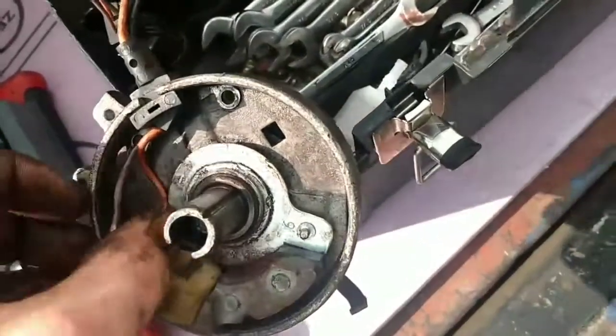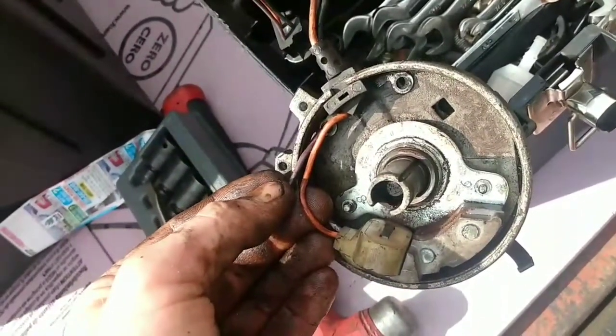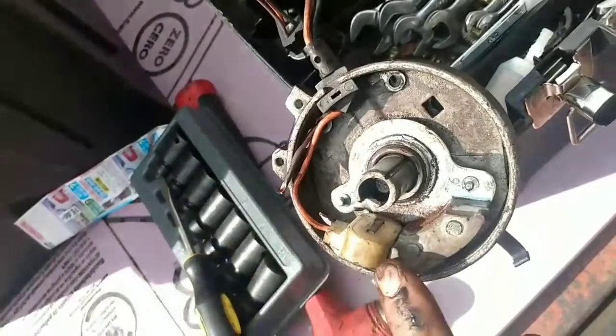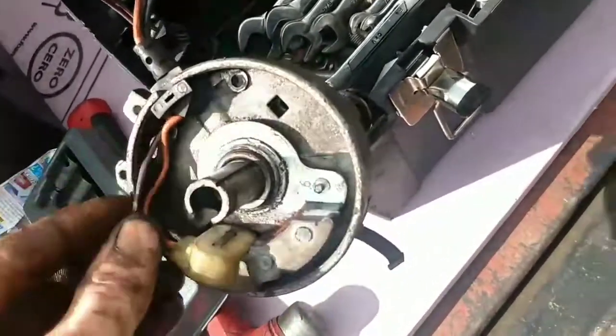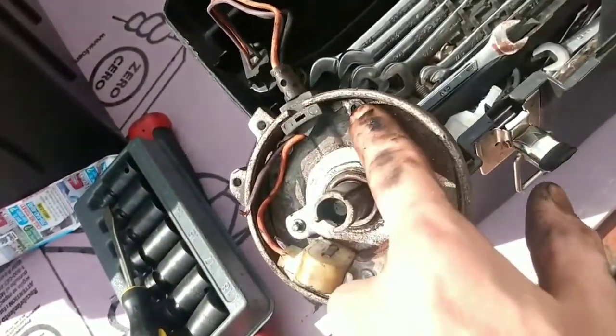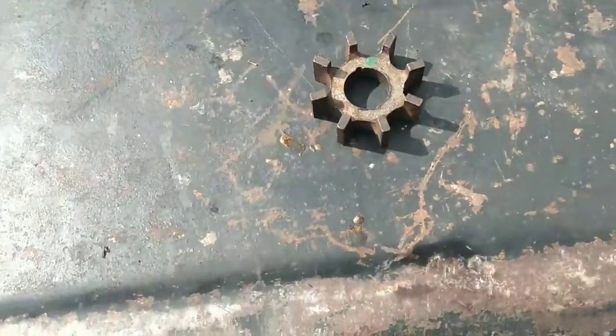And then these wires are your feedback, or your feed wires from this Hall effect sensor, your pickup unit. This unit goes in here, then this slides in, then you put a screw here and a screw back here in that hole, and then the reluctor goes on, which is this piece. Make sure you have the fins pointing up,